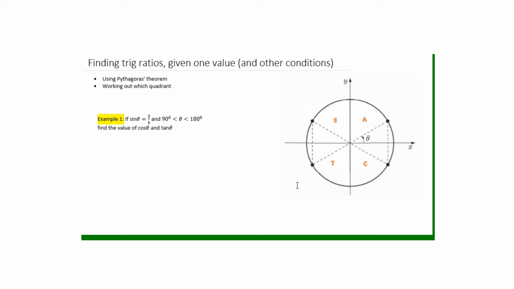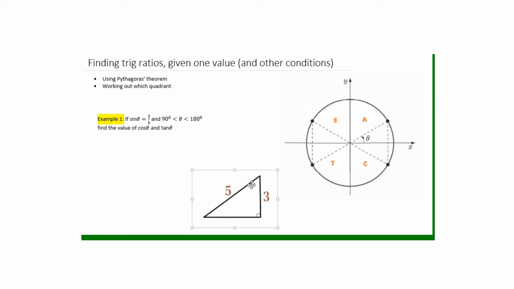Okay, so for example 1, if sine is 3/5 and this is the condition, angle is between 90 to 180 degrees, how do we find the value of cos theta and tan theta? To do this example we use a right angle triangle first. So here's the right angle triangle